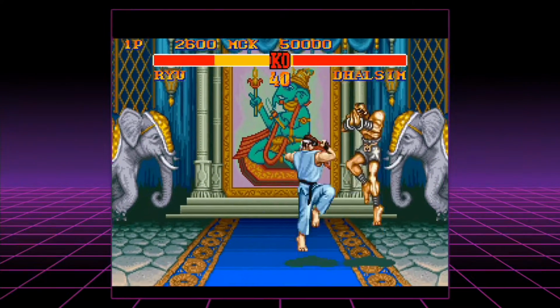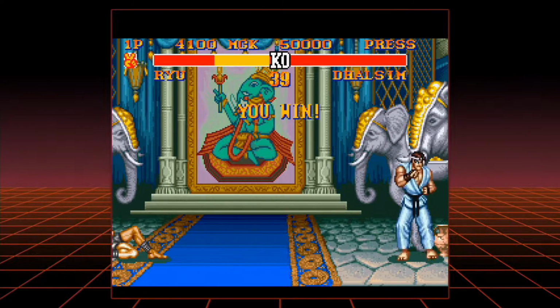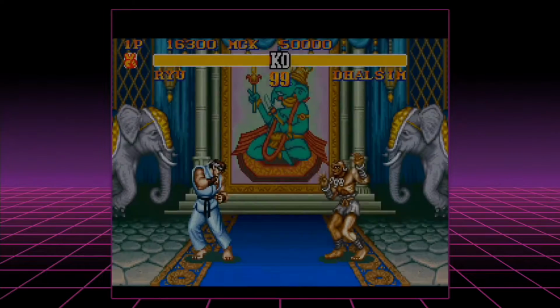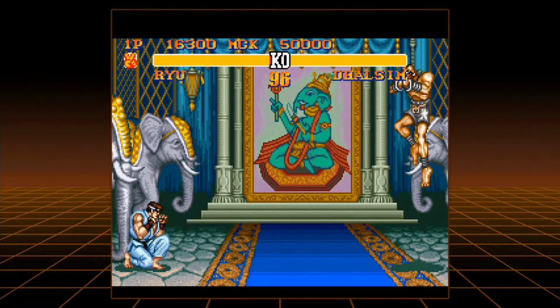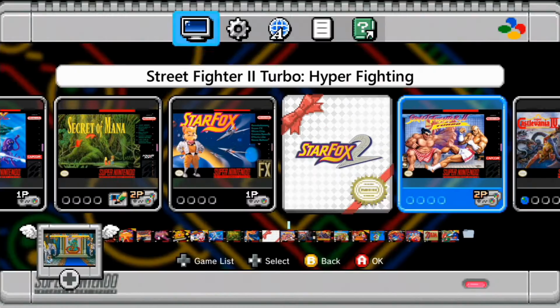There was a controller I bought and then returned, which was the Hori Wireless Fighting Commander, and my god, that D-pad sucked. It sucked so hard, I'm not gonna lie. It was so hard to play fighting games. Let me quickly reset that and just quickly put it back to